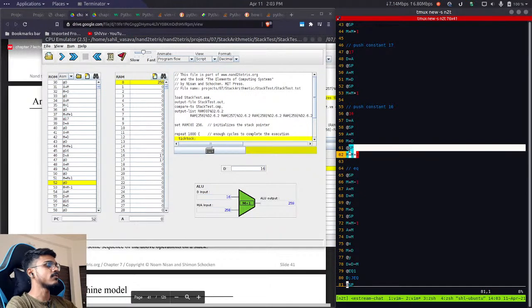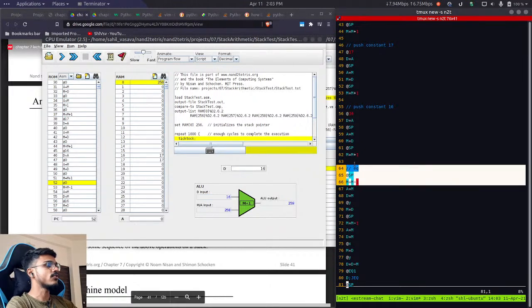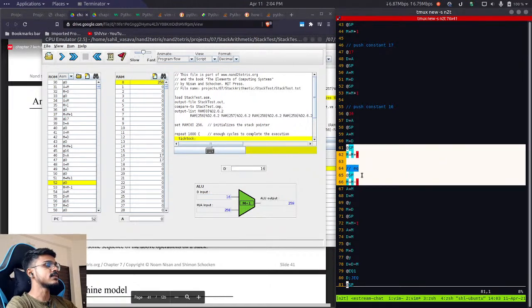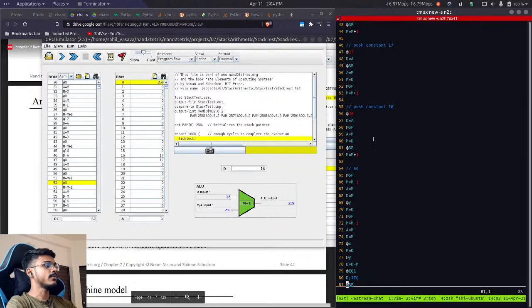So that's why we have two times the same operation. But inside this VM translator, we should have a logic where we again go through this program and search for this kind of redundancy so that we can optimize the program. Okay,